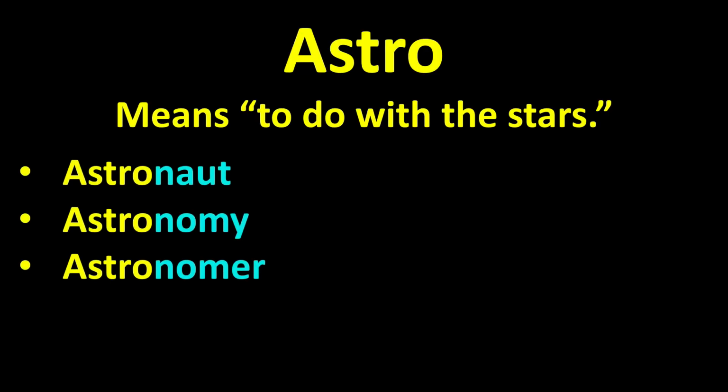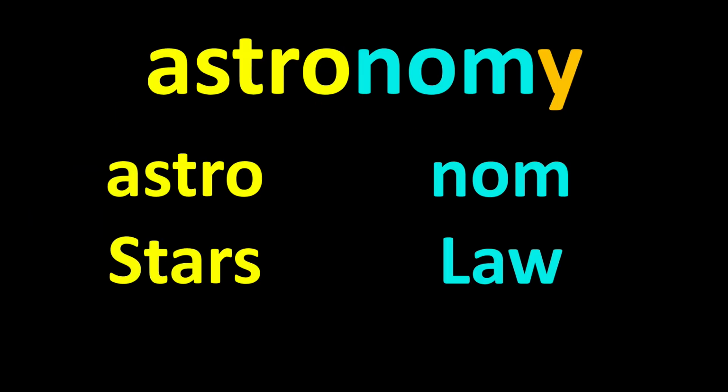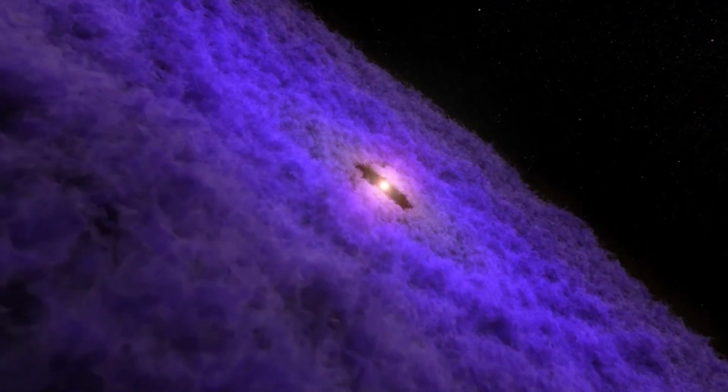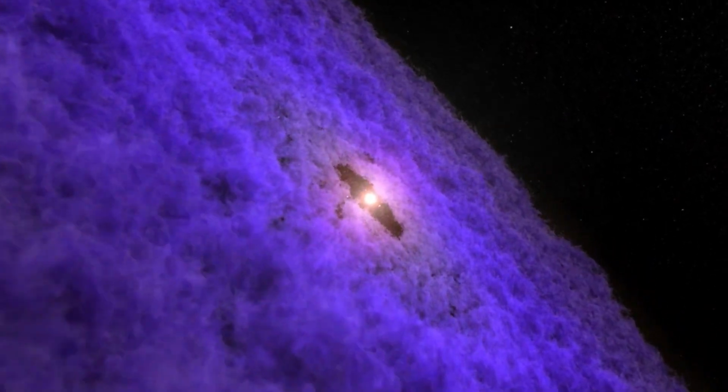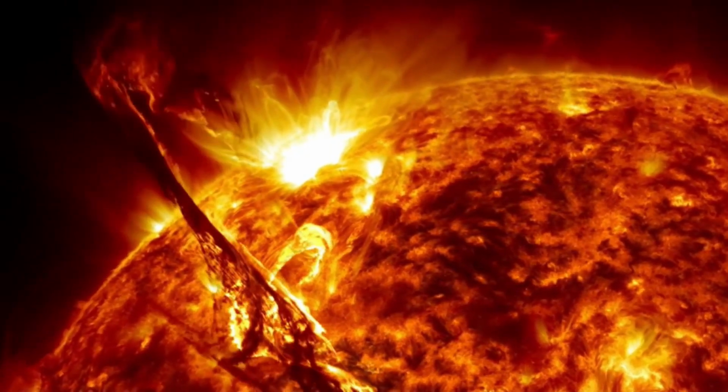The word root astro means to do with the stars. The word astronomy is made of two word parts. The second is nomy, which means law. Astronomy is the scientific study to discover what laws of nature govern the stars and everything else in the universe